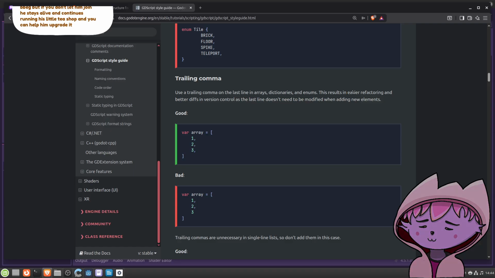Okay, easier refactoring and better diffs in version control, as the last line doesn't need to be modified when adding new elements. Ah, I see.